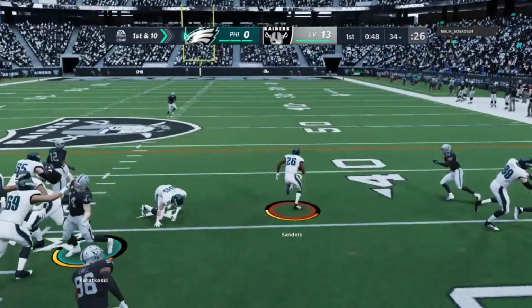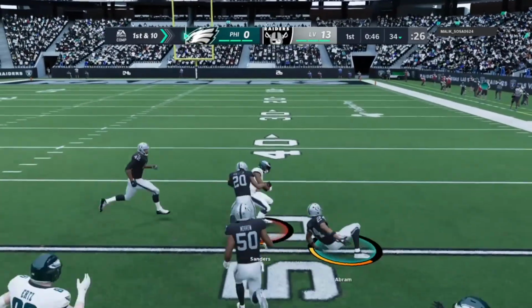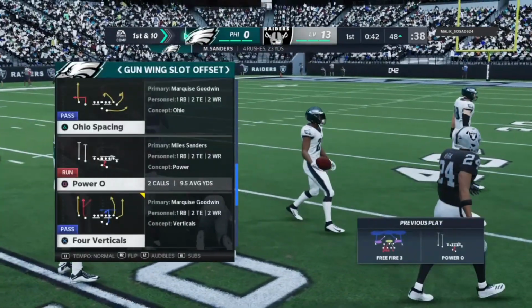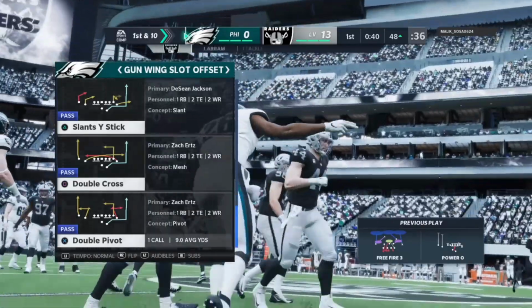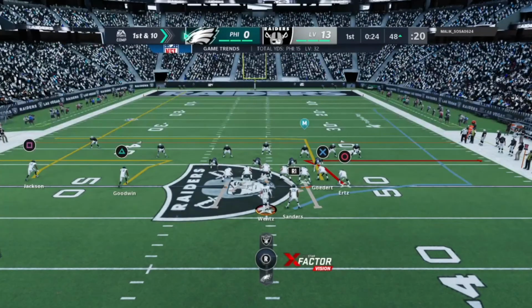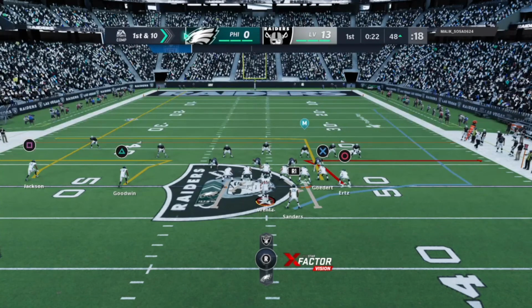It'll be Sanders to begin the drive. He'll be taken down, but not before he works it past the 50. First play of the drive, a success, 19 yards. A gain of 19. I have to admit, I'm excited by that play call and the end result, because this